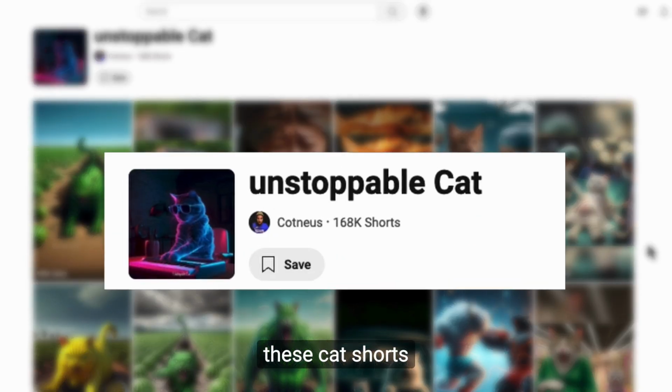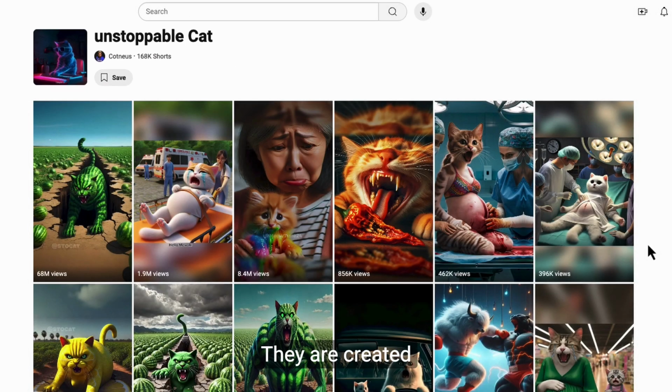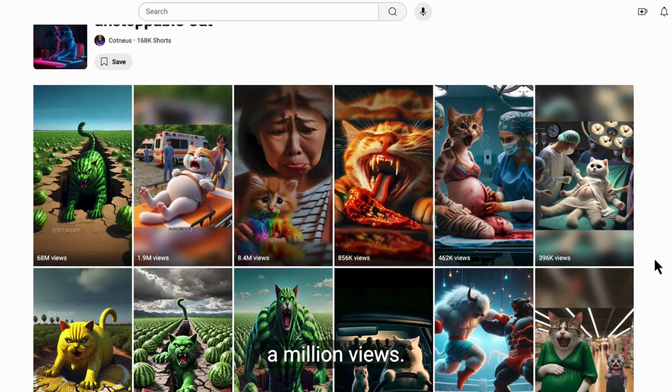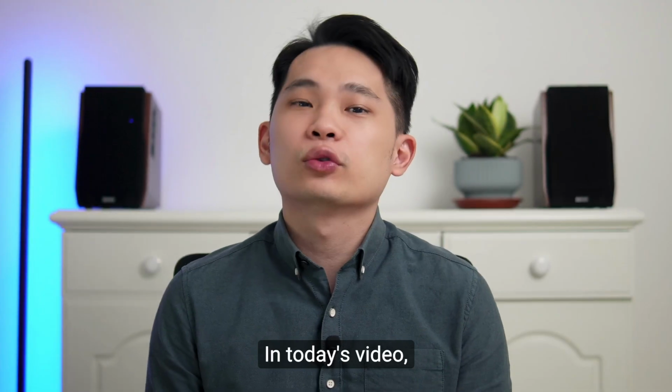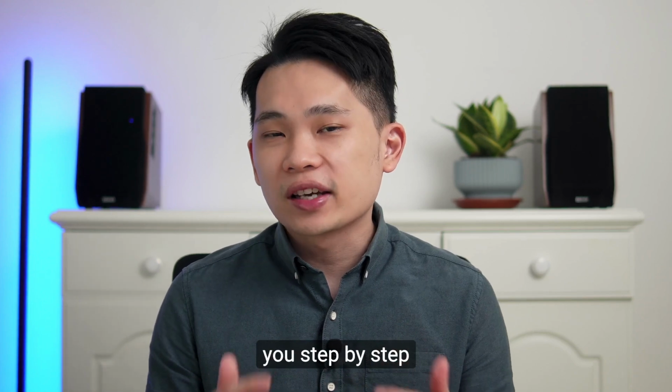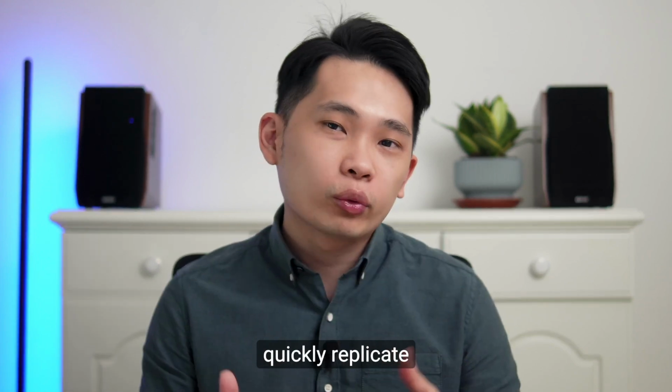Let's look at these cat shots that utilize this BGM. They are created by creators all around the world and most of the shots have more than 1 million views. For example, this green one here has more than 60 million views. In today's video, I will teach you step by step how to use AI to quickly replicate this kind of